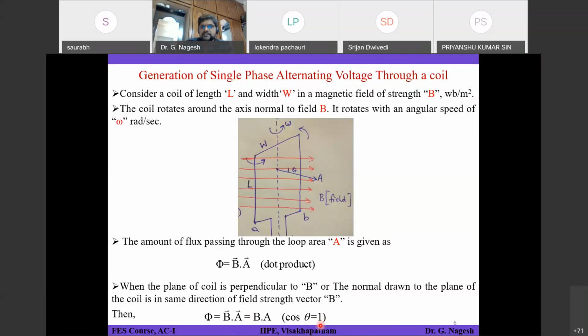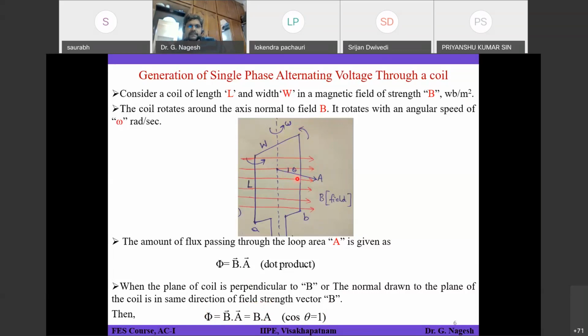Okay, that is one instant we have started our analysis process to find the sine wave, the generated voltage. This expression shown at the bottom of the slide is the instant when theta is equal to 0. Theta is the angle between B and A, and A is exactly in phase with this B vector. So the angle between those two is 0, cos 0 is equal to 1. At that instant the flux phi is equal to B into A.